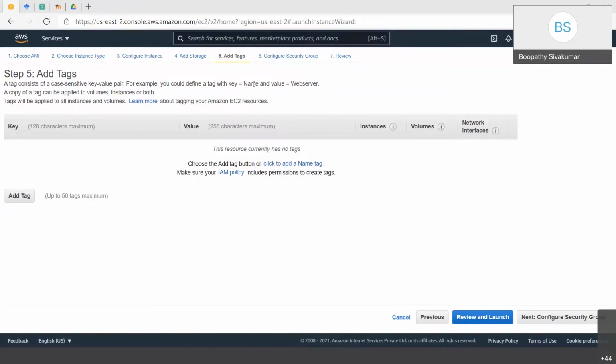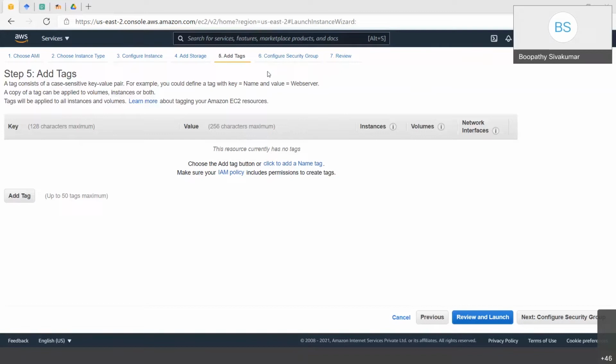These kinds of options they support. And with tags, we can do a lot of operations. When we are automating a few things, tags are the main thing we will be using. Based on the tag names and values, we will do a lot of operations on that particular service.